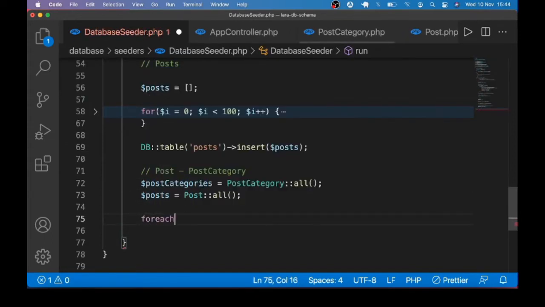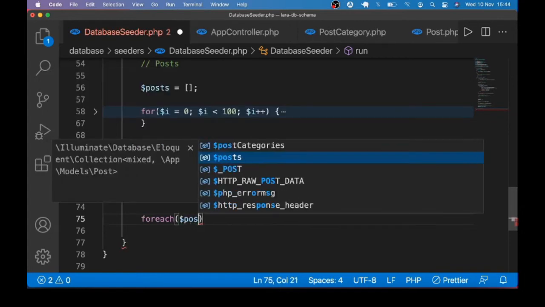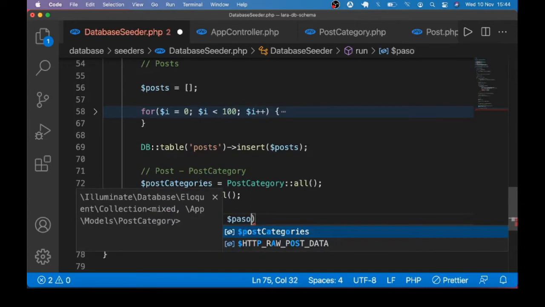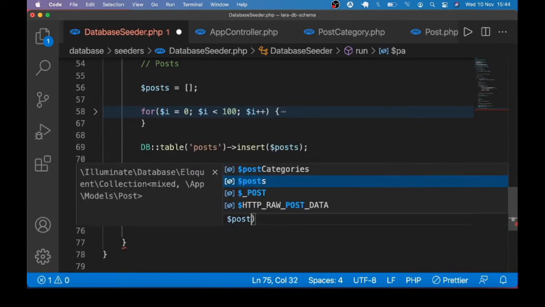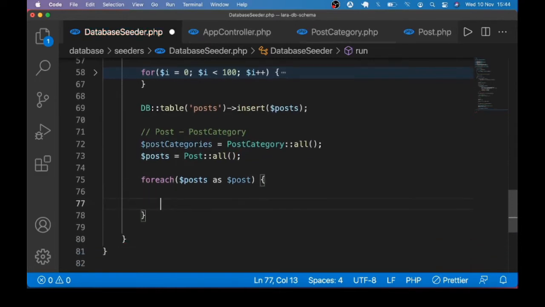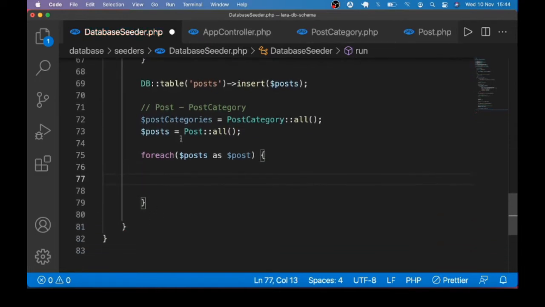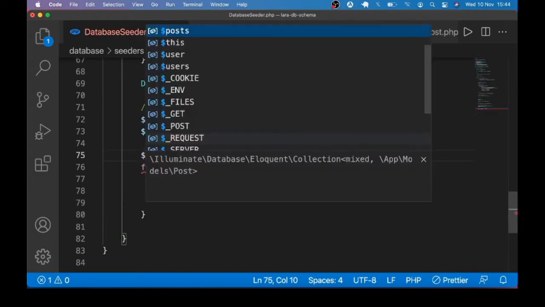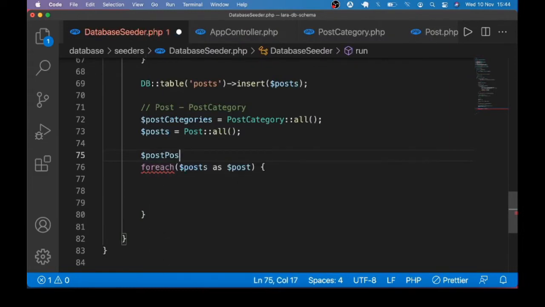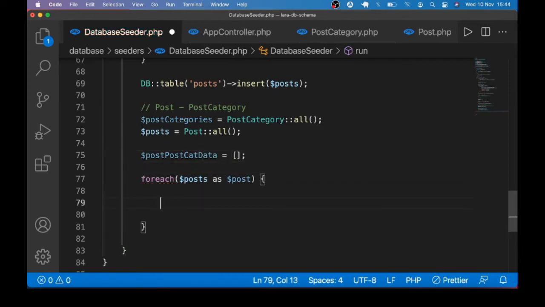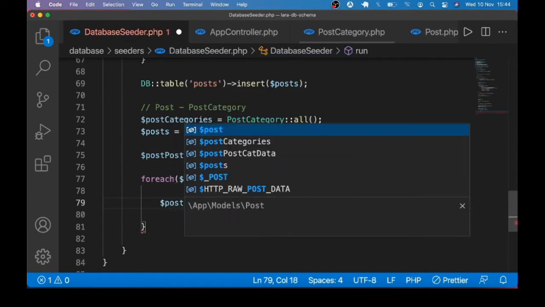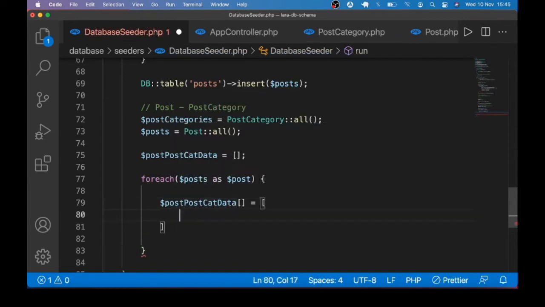Now for each post as a post, what I will do, let's call this post cat data for the post category data, and then post cat will be equal to, we have post ID, we have post